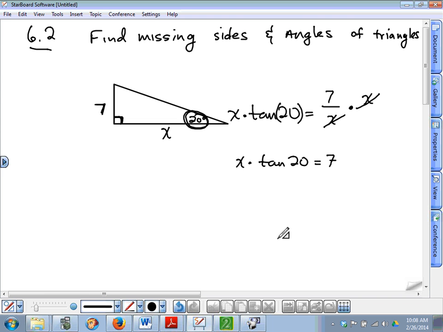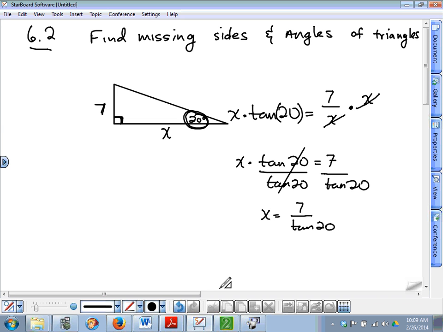is equal to 7. What is it that we're trying to solve for? X. What's happening to x right now? It's being multiplied by the tangent of 20. What's the opposite of multiplying? So we're going to divide by the tangent of 20. Tangent of 20 divided by tangent of 20, those cancel. So x equals 7 divided by